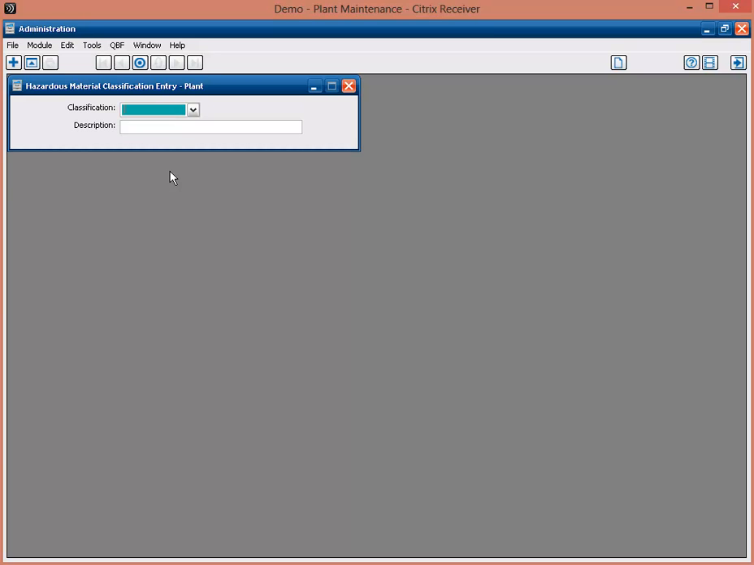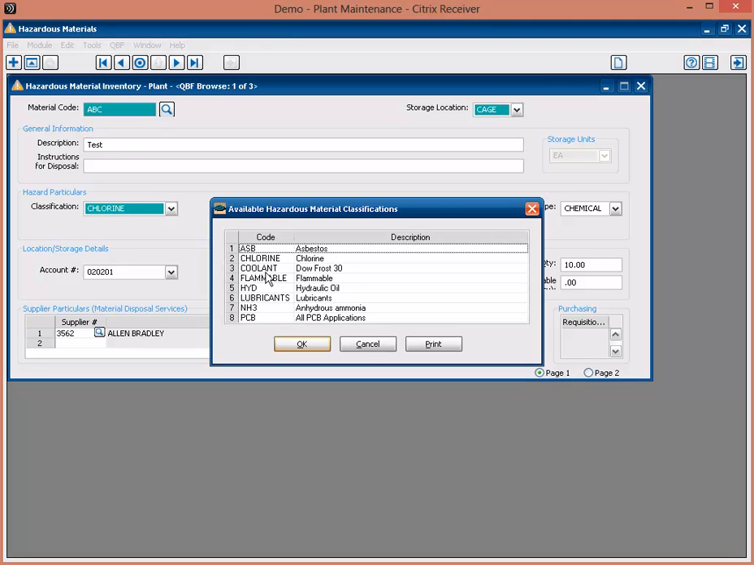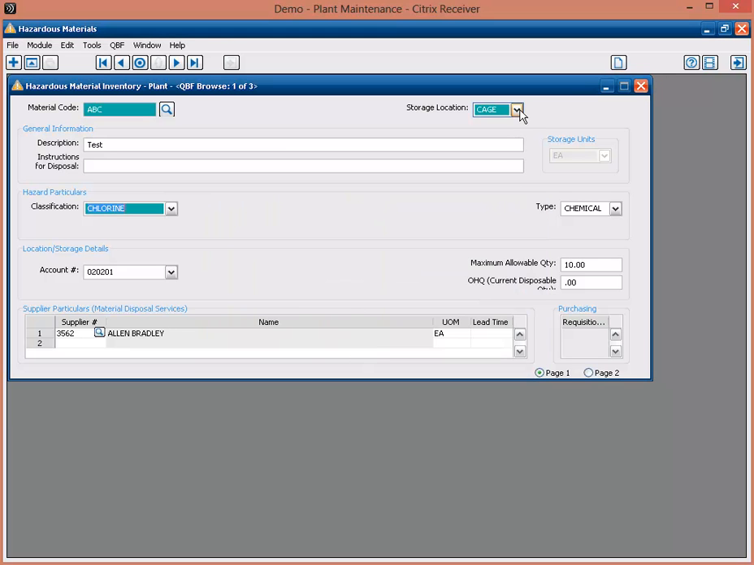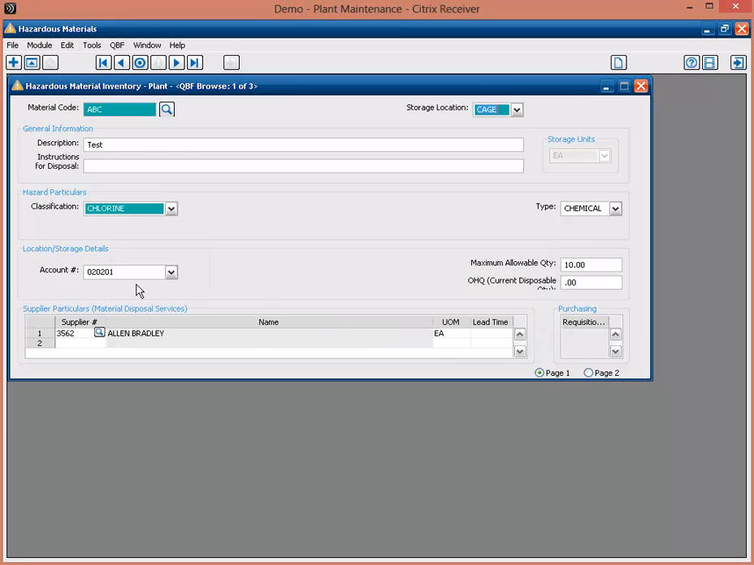If we were to use something like flammable as a classification, we can then enter it in and save the entry. And when we go back into the hazardous material inventory screen and click on the drop down for classification, we can see that it's been added in here. Similar logic applies for storage location drop down,